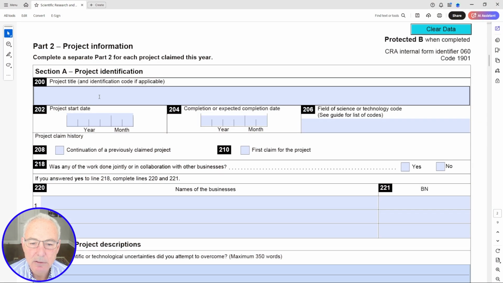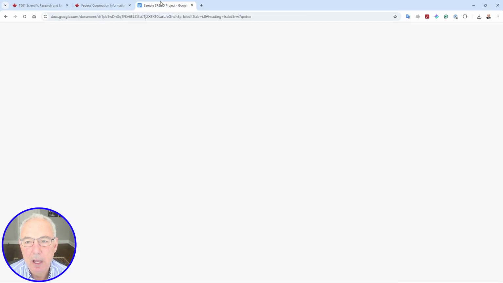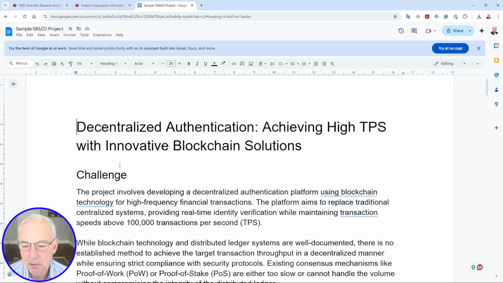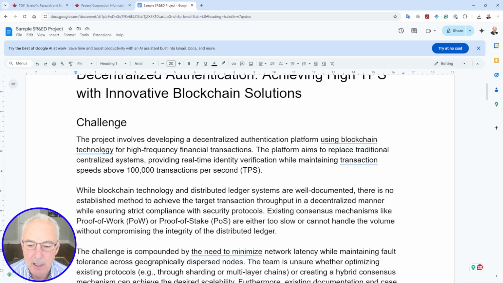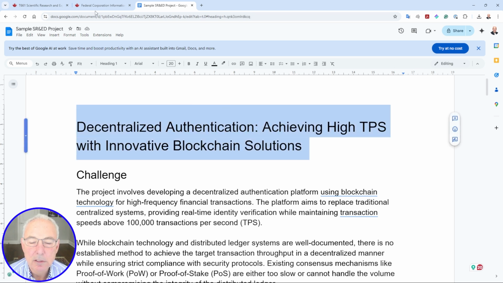So the first thing we need to add is our project title. I would strongly suggest that instead of adding all the information here, that you go back and use a word processor to be able to enter the information in a way that you can change and optimize so you have the right data for your claim. You also need to adhere to the rules associated with the T661 and the number of words that you have. But for right now, we're just going to copy our sample project